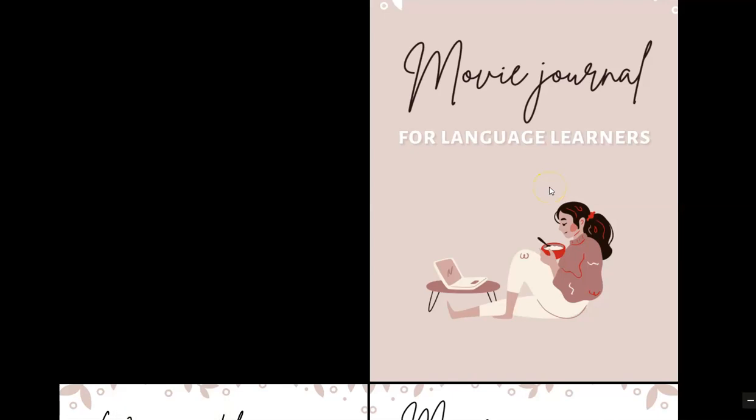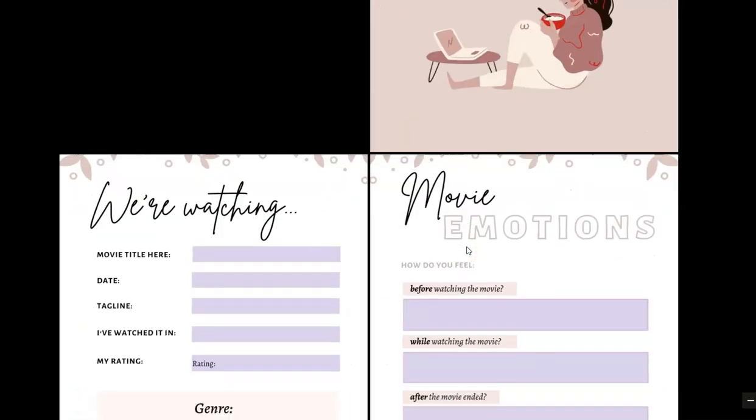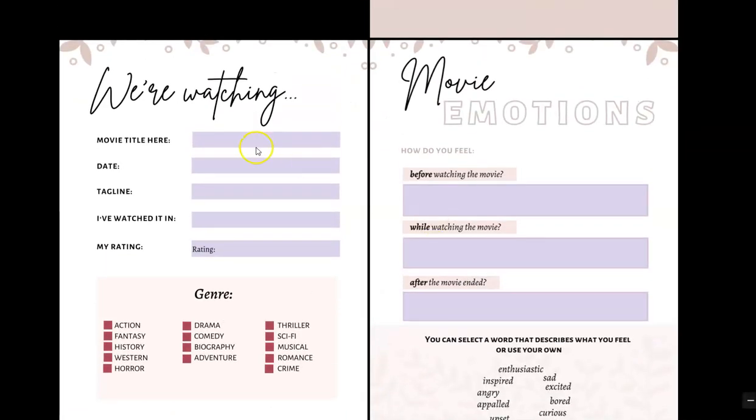Hi everyone. I would like to show you how I use the movie journal that I created for you, how I used, for example, yesterday after watching the film. You can use it differently, of course, it's totally okay, but I just wanted to walk you through my process, okay? So this is just the cover page, and then we move on to the next one, and here we